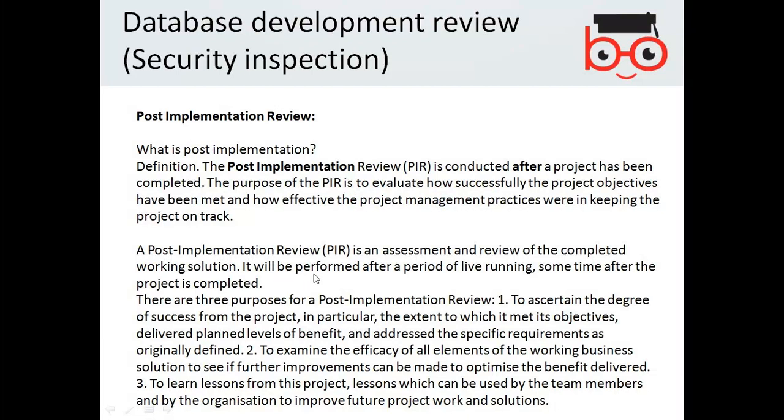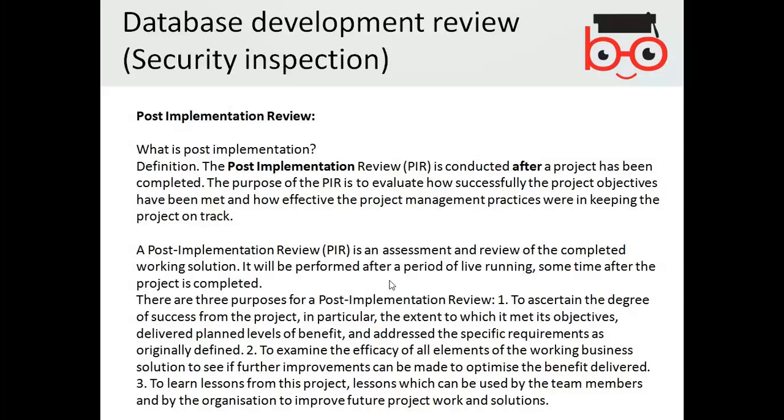It will be performed after a period of live running, sometime after the project is completed. Sometimes it is carried out when the project is running, or when the project is completed. So if you are reviewing the system while it is in use, you keep on reviewing, or maybe you review it once you complete it.